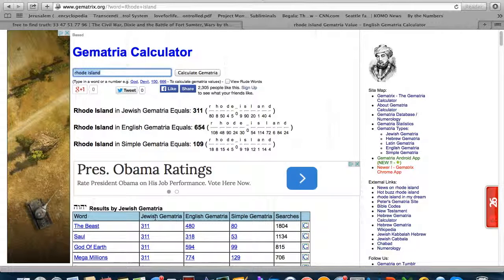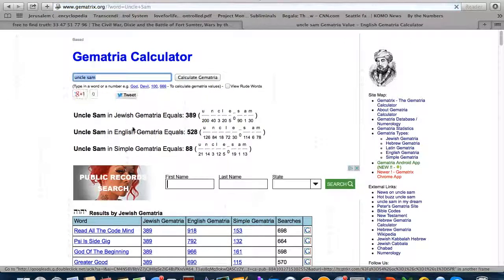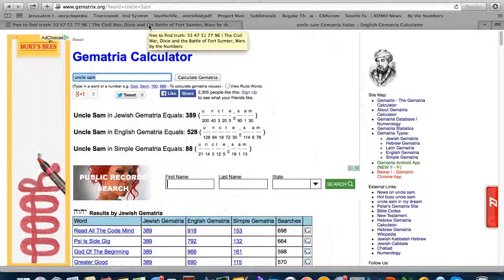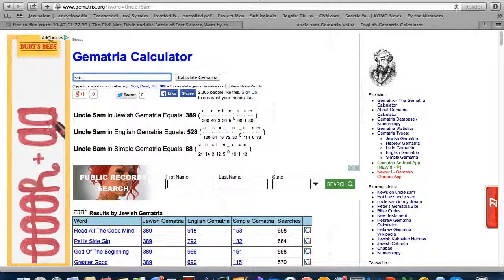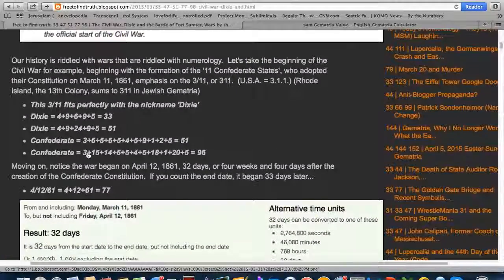After September 11th, the Tribute in Light began on March 11th. The Tribute in Light, those giant purple beams made up of 88 lamps. And would you know the color purple sums to 88 with simple English gematria? Just like Uncle Sam. If they had Pythagorean gematria, I'd type in George Washington and it would calculate to 88. But this is what we live in, truth seeker. A numerological hoax. Sam alone is 33. That's why he's Uncle Sam. Just like it was once upon a time, Dixie. All right. Until next time.